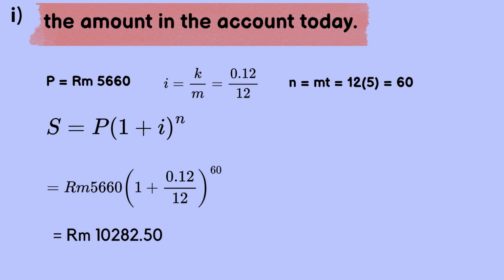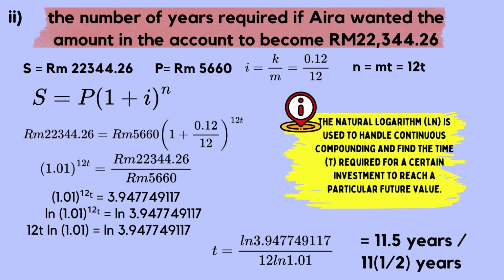Equals to 5,660 ringgit, open bracket 1 plus 0.12 over 12, close bracket, power of 60. And then we get the amount in the account today, which is 10,282 ringgit and 50 cents. Number 2, find the number of years required if Ira wanted the amount in the account to become 22,344 ringgit